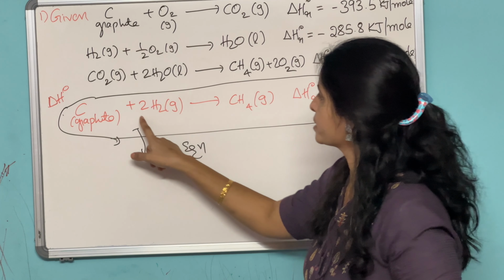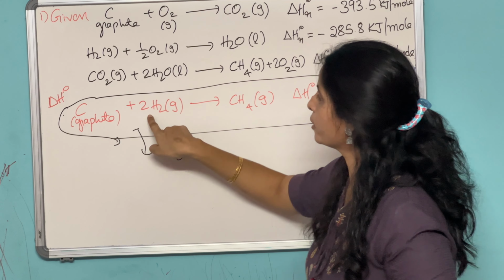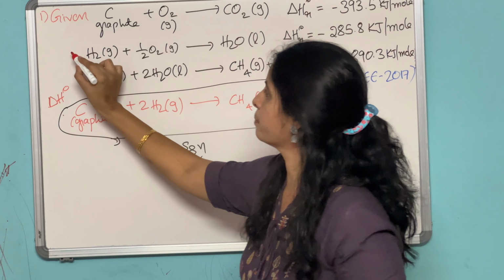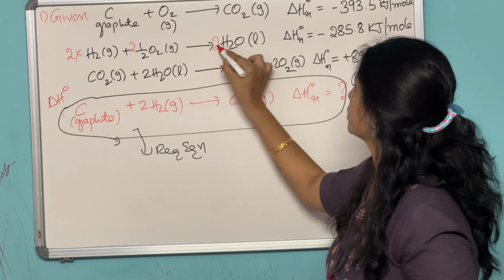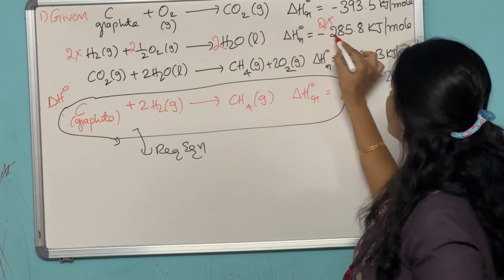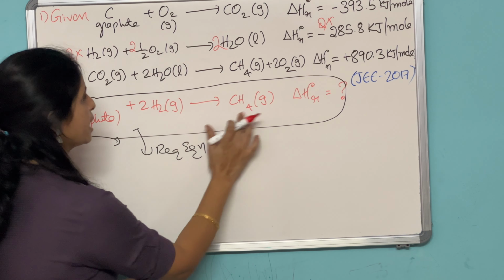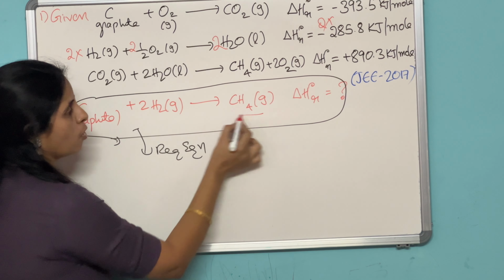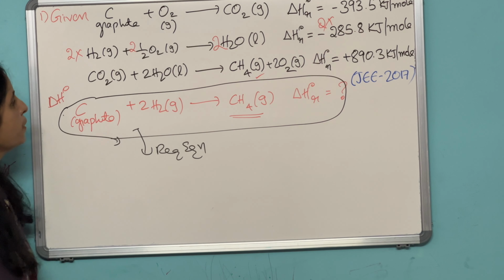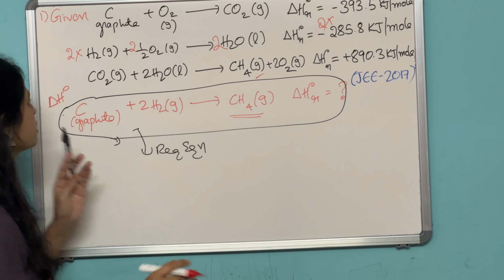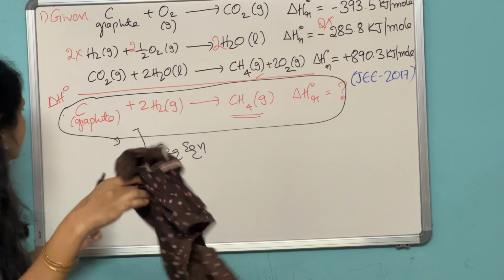Don't change anything. Next, 2H2. So where is your hydrogen? Here is your hydrogen, but here 2H2 is there. Just simply multiply this equation with 2. 2H2, 2O2, 2H2O, and 2 into 285.8. Okay, so next CH4 gas. So CH4, this side CH4 is there. Okay, don't change anything. Now what you have to do here, look for the cancellations. So here, by using these 3, I will clear this one, then you will get,